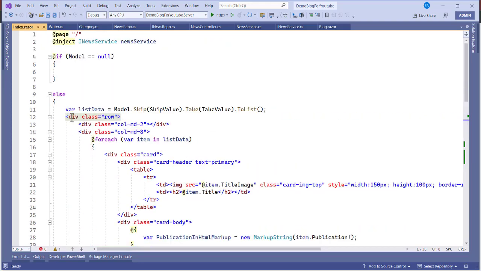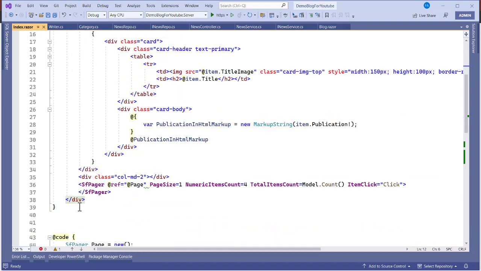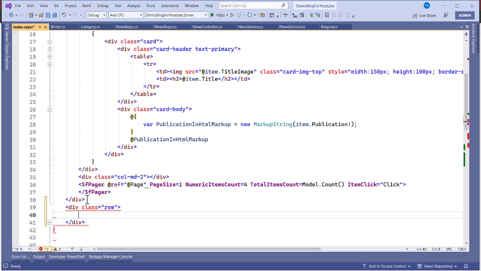So this is the row. Now this row down here, we can have another one, or let's add another row. So div class, this is row, and inside this row let's have,